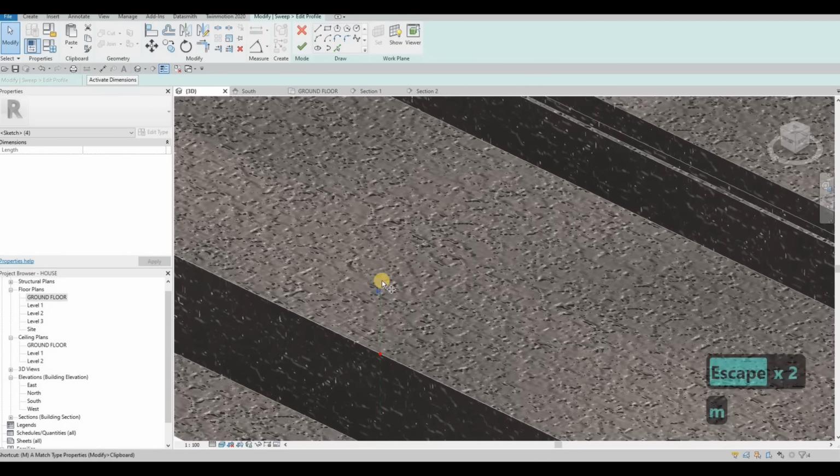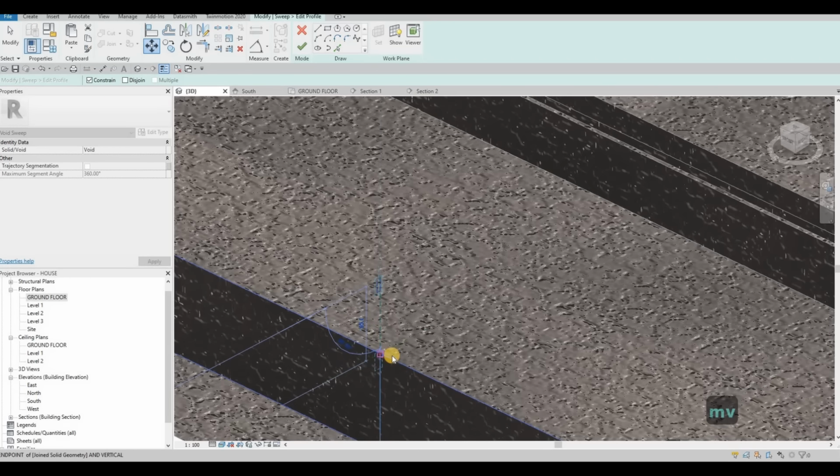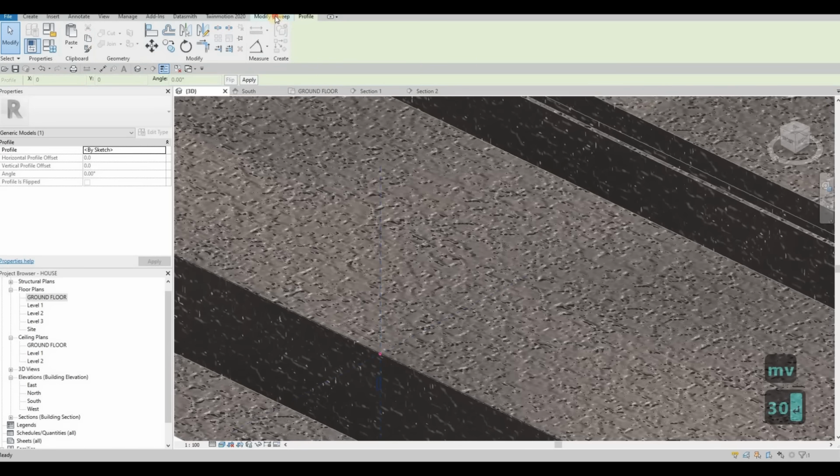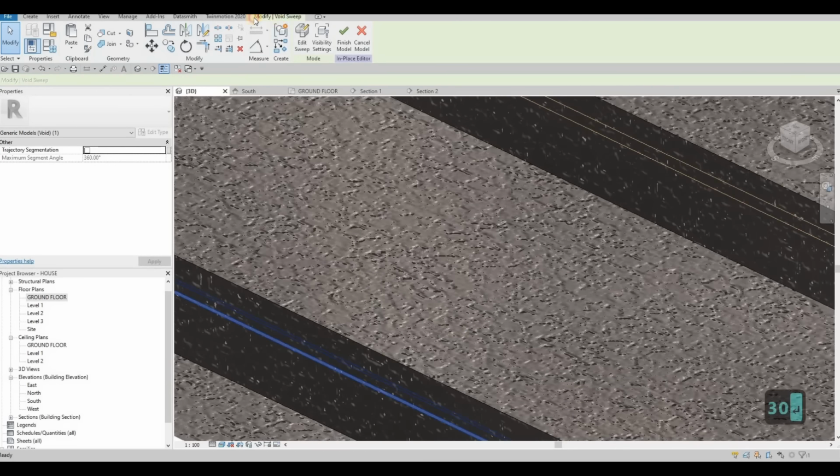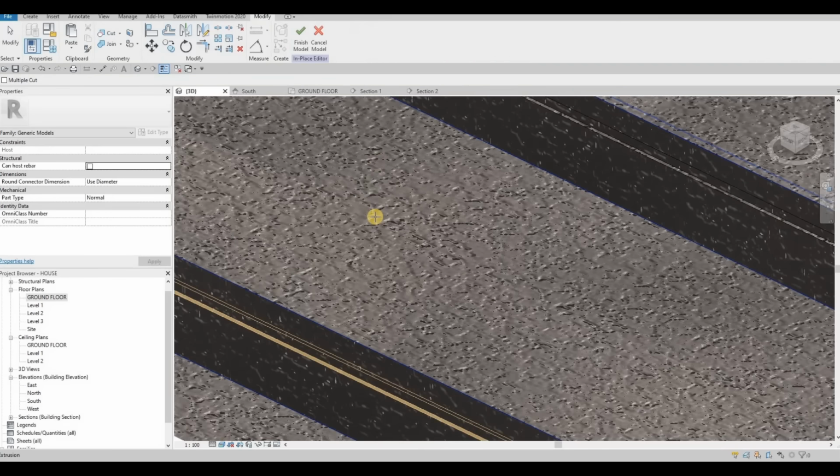We could just move it. Then move it 30. Click finish. Finish. Cut geometry,